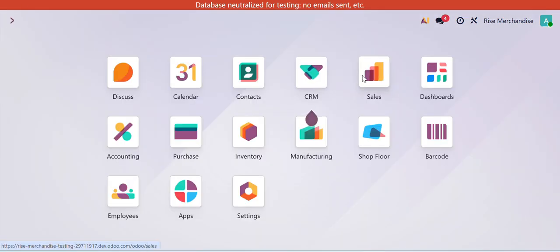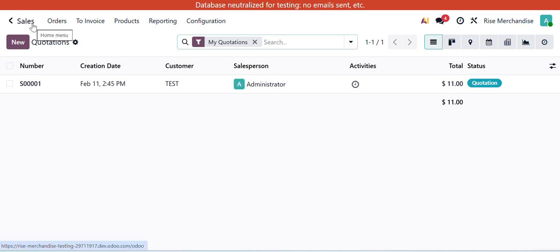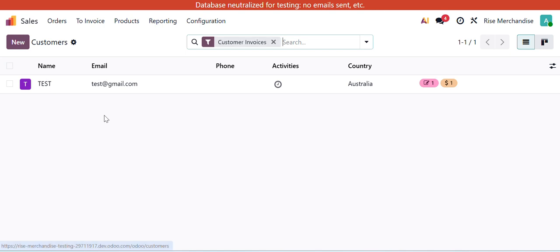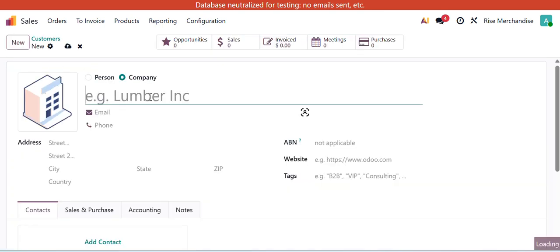So let's create some customers. For customers, click on sales, orders, and then customers. In customers, we can click on new, and in new, you can see we have a complete form of a customer. So you can decide it's a person or it's a company. If it's a person, you can click on that, and if it's a company, you can click on this check. So let's say it's a company, okay,